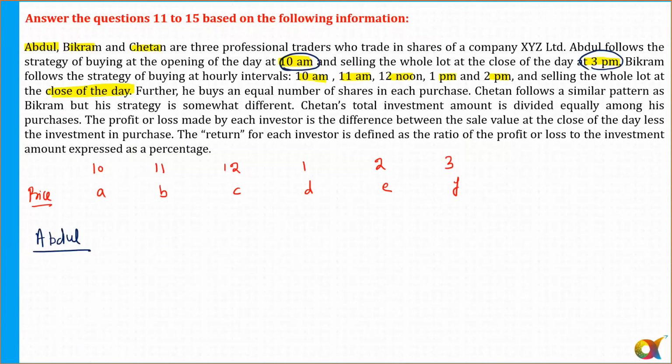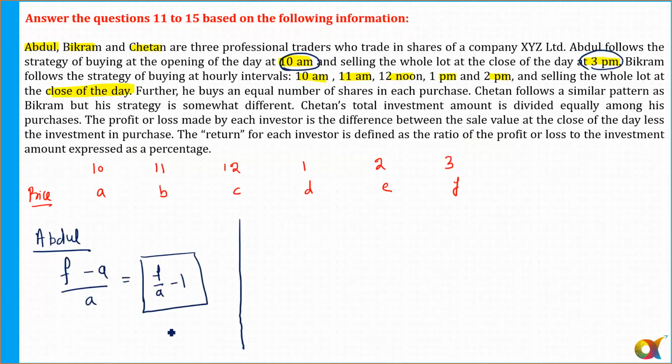Okay. So now let's talk about Abdul. What is the return for Abdul? Abdul sold it at F. Yes or no? Abdul sold it at F. Bought it at A and divided by A. That is the selling price minus cost price divided by this. So can you say the return for Abdul is equal to F by A minus 1. And this is the return for Abdul. Any doubts to anyone regarding that? Please tell me. So you can note down in your notebook also that the return for Abdul is equal to F upon A minus 1. Now let's talk about Vikram.